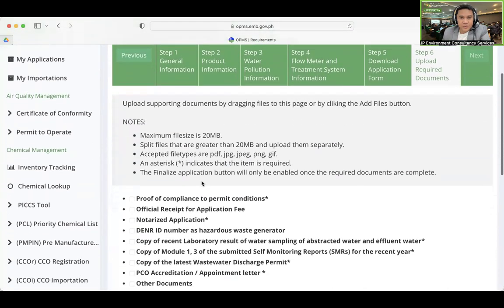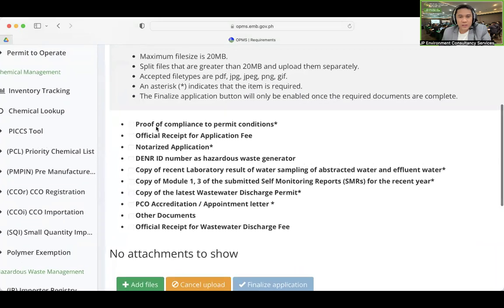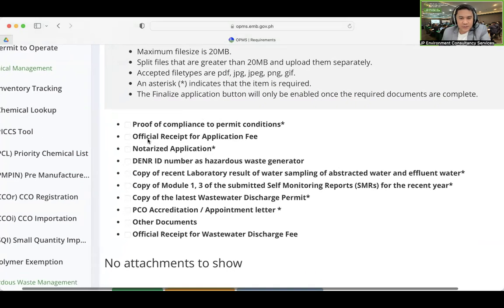For renewal of our discharge permit after 1 year or 2 years, we will submit the following renewal requirements: the proof of compliance to permit conditions, the receipt of the application fee amounting to 95 pesos, the notarized application form, downloadable in step number 5, the DENR ID number, the result of laboratory analysis, and the proof of submitted self-monitoring report, particularly Module 1 and 3, and Module 6,